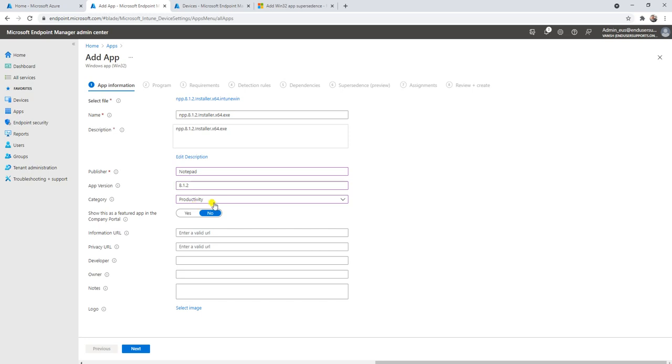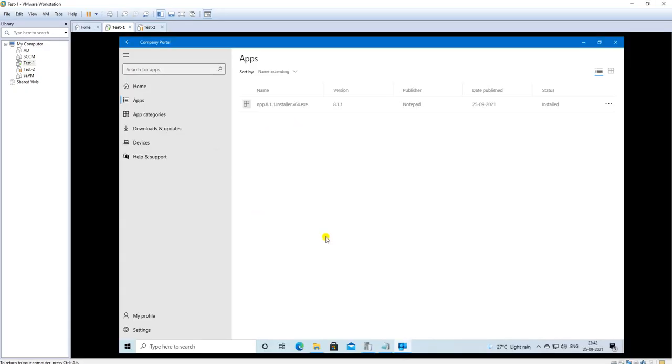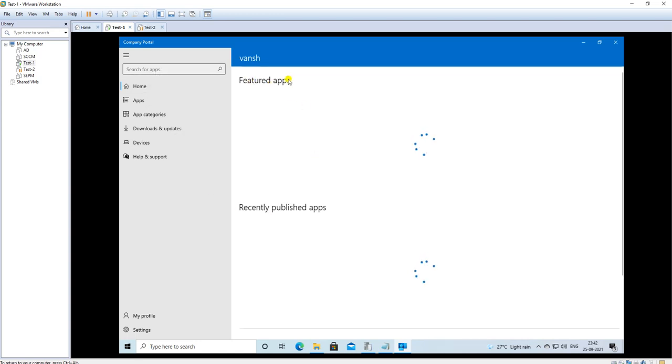I'm selecting Productivity, and there is a featured app option. Let me show you how it works. This is my Company Portal. If you go to the home page, here is the featured app section.